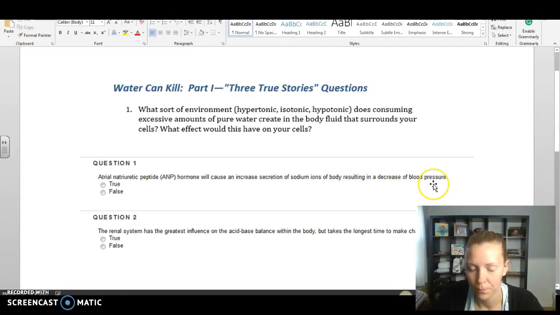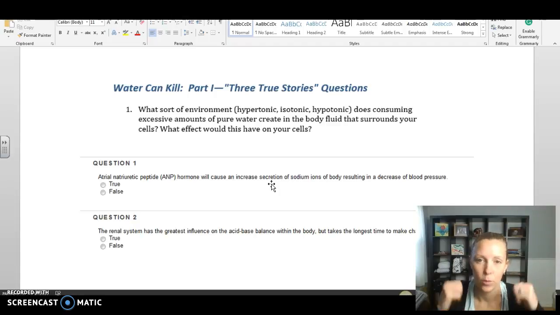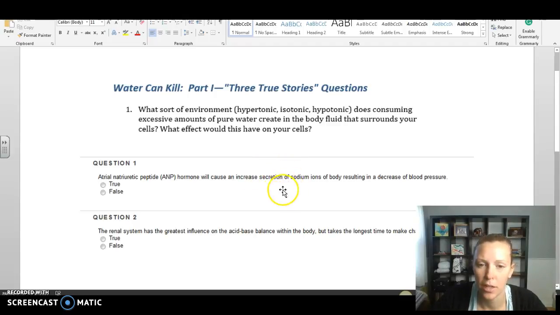Okay, there's a few things we need to understand in this sentence. The first is secretion. When you see secretion, that means that things are going into the nephron tube, but when things go in the tube, they go out of your body, because that's the exit. That's what's going to become urine. So if you see secretion, we're talking about things exiting the body.